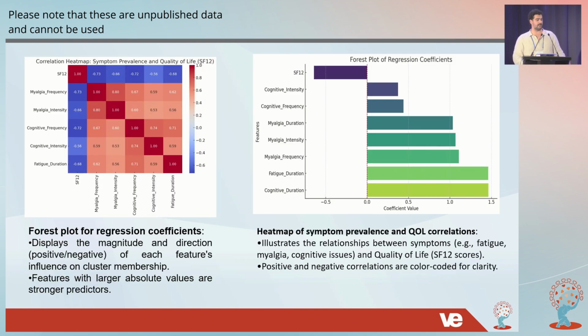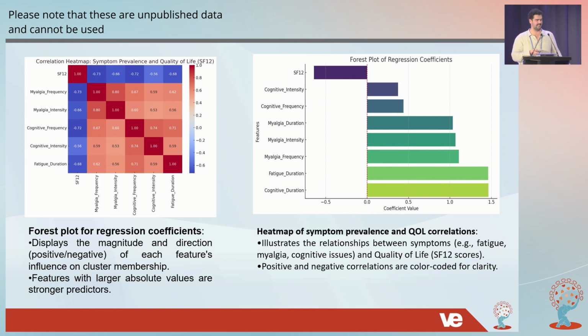So this heat map, I'm just seeing that the heat map is the one on the left and the forest plot is on the right, show again that the fatigue duration and the cognitive intensity, as you can see, the red ones with the 1 are the most important and the most relevant in classifying the patients into a worse quality of life. Again, there's a lot of symptoms that we took into account, a lot of sociological and psychological aspects, and I chose myalgia and cognitive because they were the ones that most easily